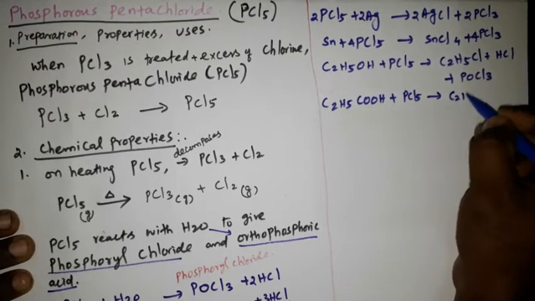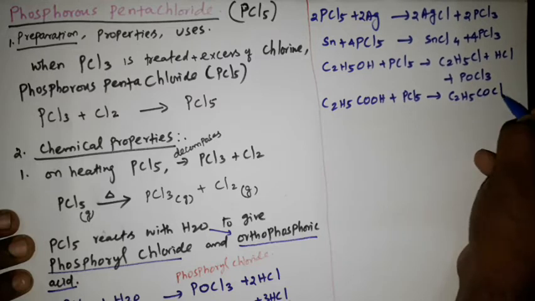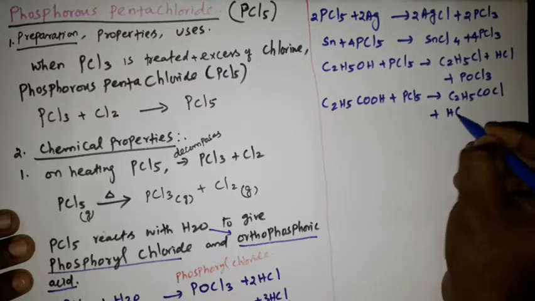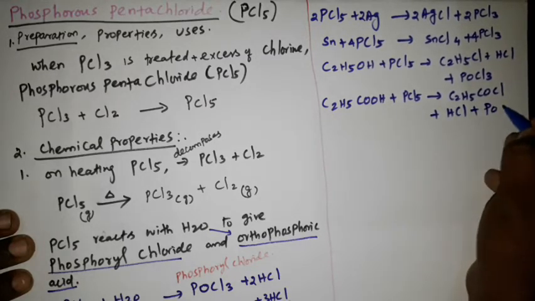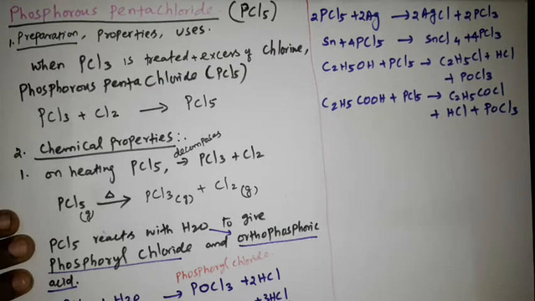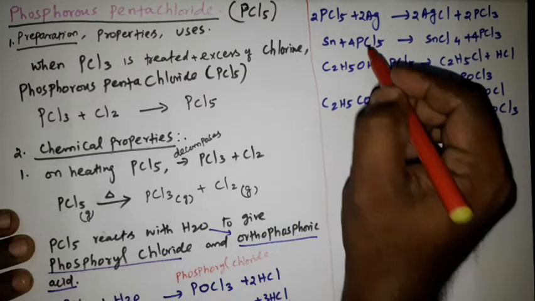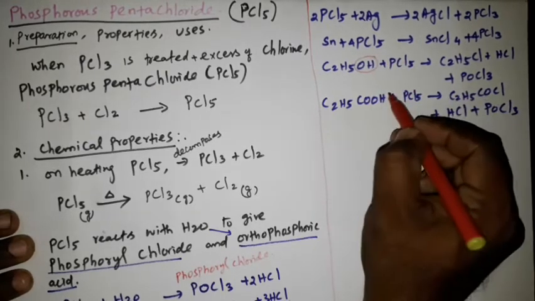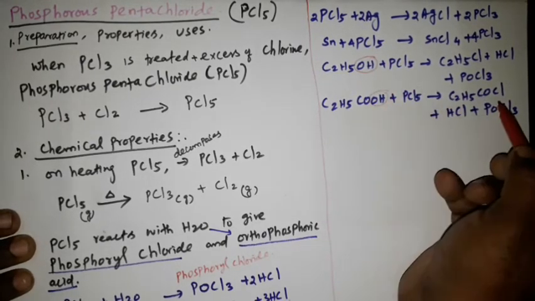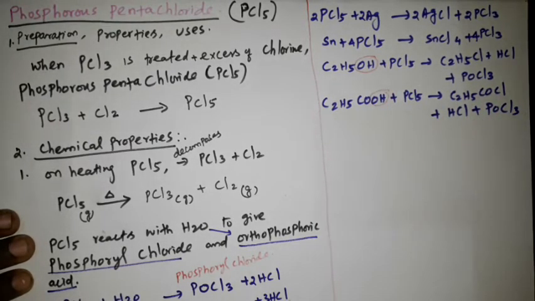So C2H5COCl plus HCl plus POCl3. See here, this OH is removed and replaced by chlorine. So we are getting the product, that is chlorinated organic compounds. Okay, so that's all about the chemical properties of